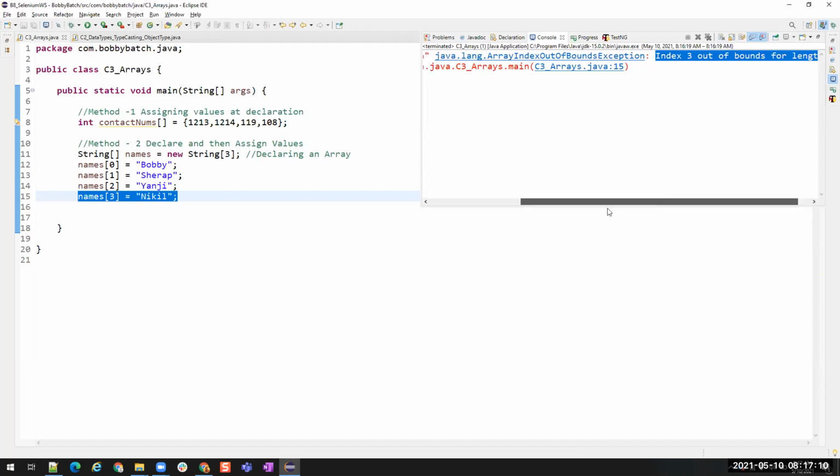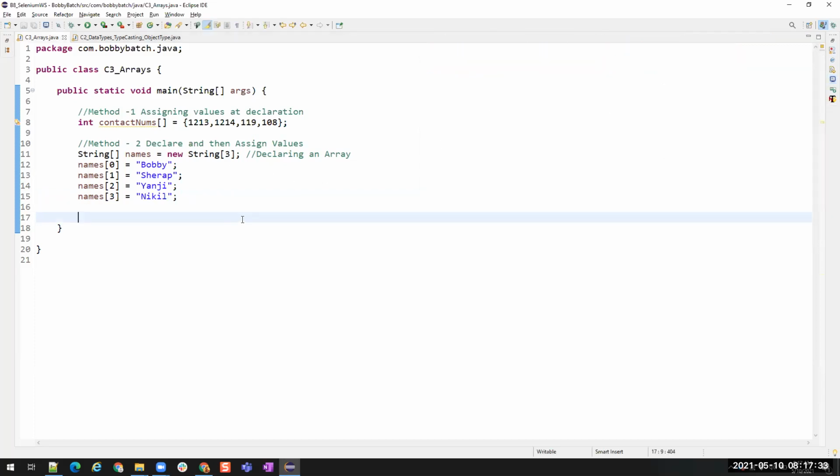So please remember these basic exceptions so that you can answer them in your interviews. When somebody asks what happens, you can say we'll get an array index out of bounds exception. This is the exception we get when we try to store more values than the mentioned size. Clear?